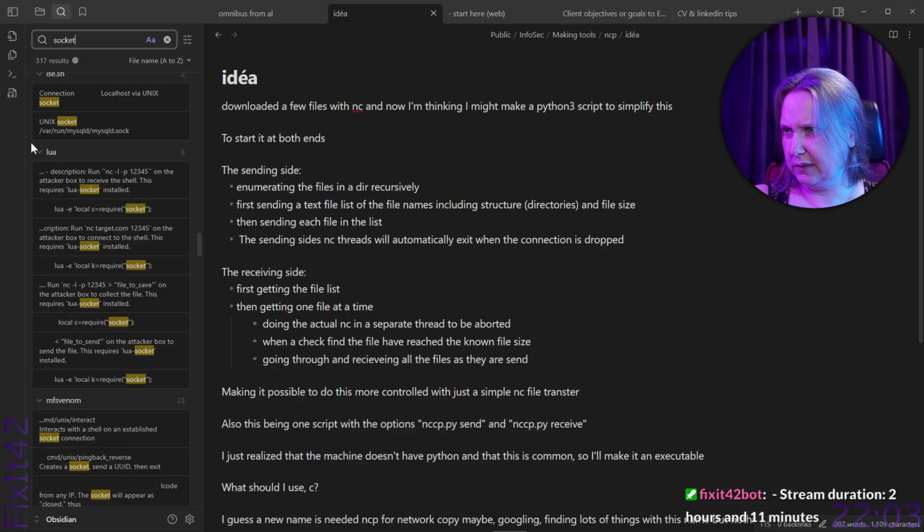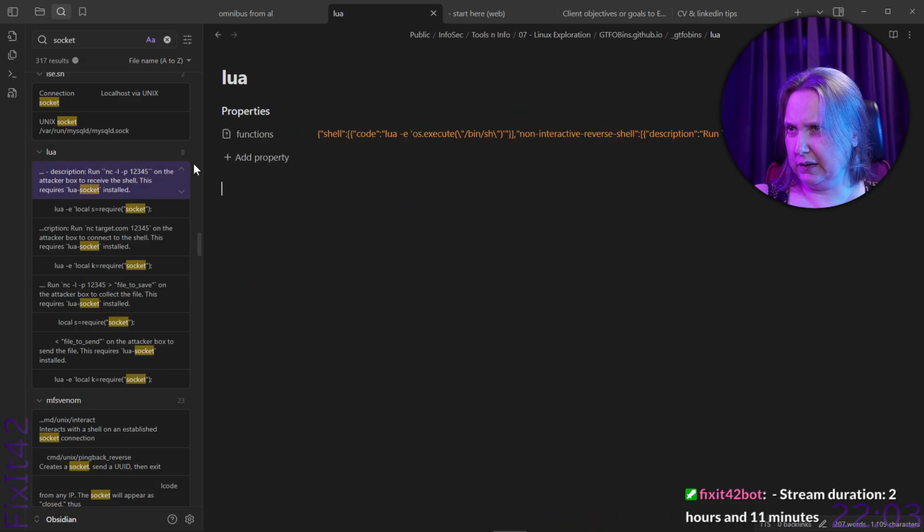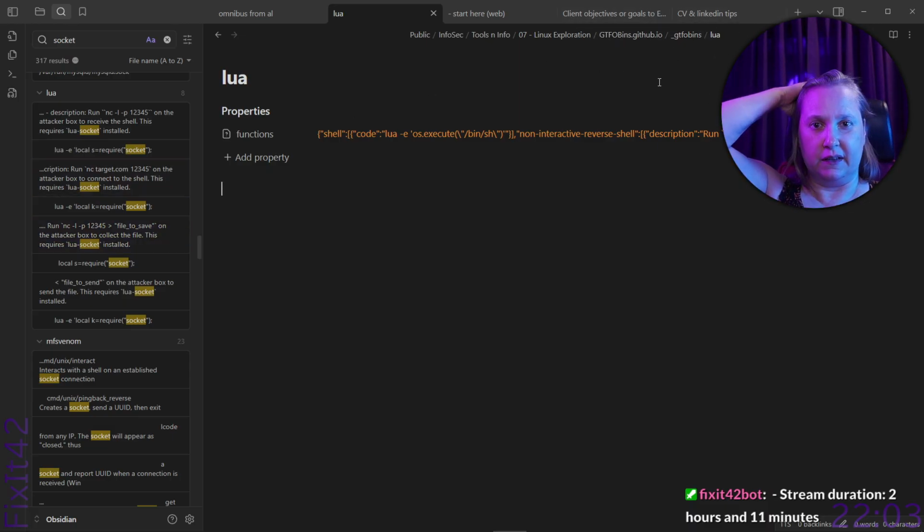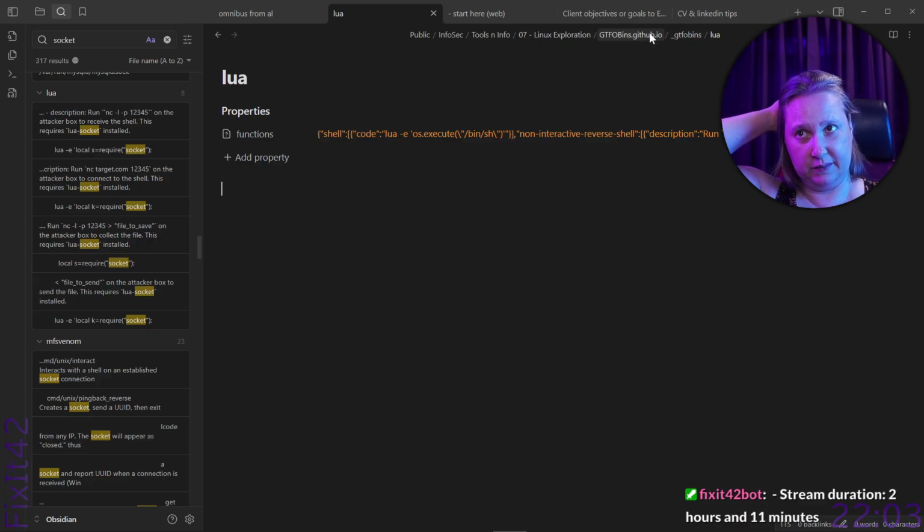What? What's this? Oh, GTFO bins. Okay, okay. I put it in there. Since it's a Git, it won't be sent on, but I have it